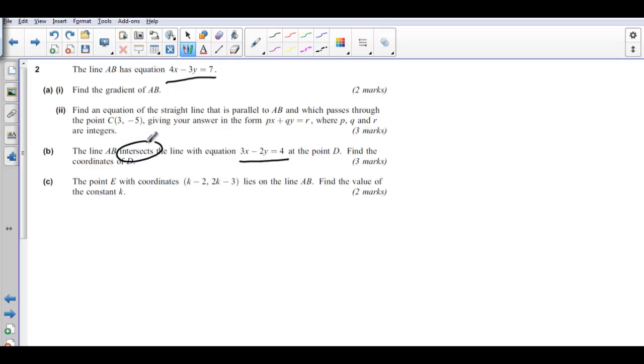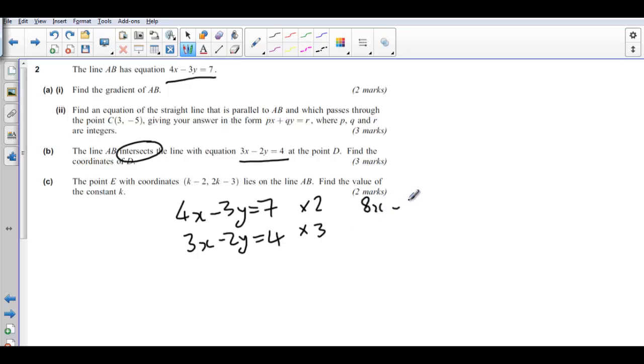Okay, your big clue here is that word intersect. So what have we got? We're going to do simultaneous equations. There's one of them, 3x minus 2y equals 4. This is another simultaneous equation. It's like GCSE. I'm going to eliminate the y's, so I'm going to multiply that one by 2 and multiply that one by 3. Now that would give me 8x minus 6y is equal to 14, and the other one